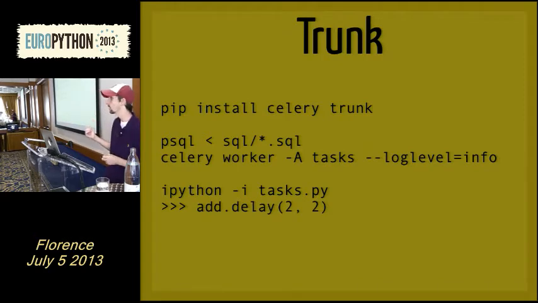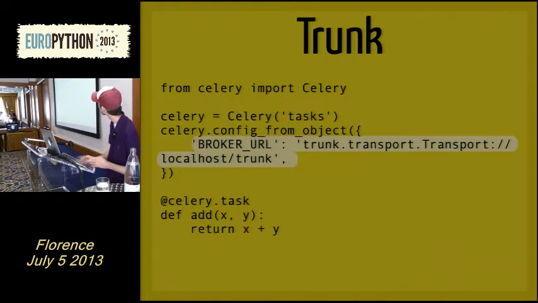So there's a Celery backend that takes advantage of this called trunk. You install trunk, and basically you run a SQL script to build up some tables for it. Or essentially, I believe it's the commands that listen and notify. And then down here, you essentially define your broker URL. So you're going to say this is the URL to your database there. And this actually goes a long way. In production, we run the Ruby equivalent of this. But the Python one would do just fine if it were a Python application. This can work just as well as Redis or RabbitMQ in a production situation. So you don't have to spin up one more tool just to run a good queue.